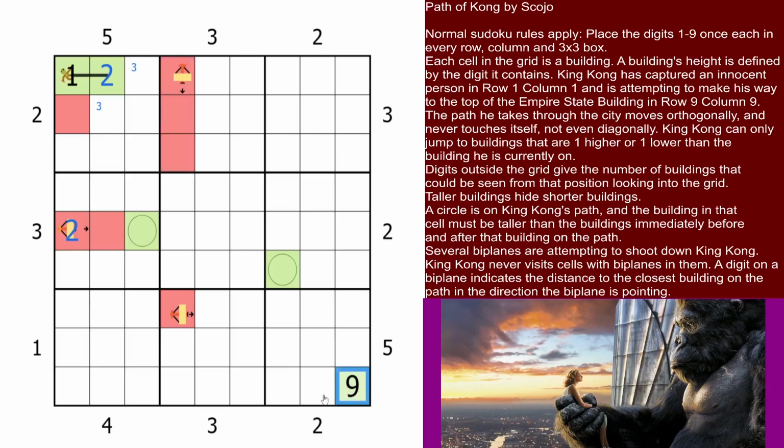Yeah, this side is more interesting, right? See, because 8 is one of these two. But now, how can this be 8? Because the clue given is 5. So if this is 8, there will be only 2 buildings visible here, right? This 8, and then there will be somewhere 9. So only 2 buildings will be visible. So that is definitely not 8. That's going to be 8, and that's green, and path is definitely going